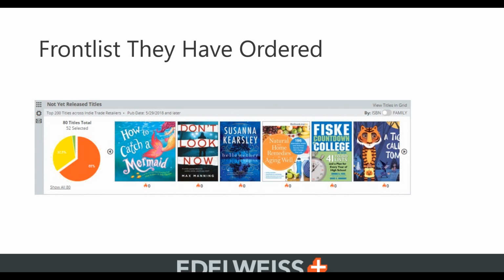And then a chunk of them, the yellow piece, they do have. So you can kind of browse through any one of those and, again, come up with some ideas for recommendations, and also see, because, again, this is the top sellers, where the universe of titles it's starting with are the ones that are selling in the marketplace. It's not really what's selling at that store, although those titles are divvied up into, or not selling, what's being ordered in the marketplace. So